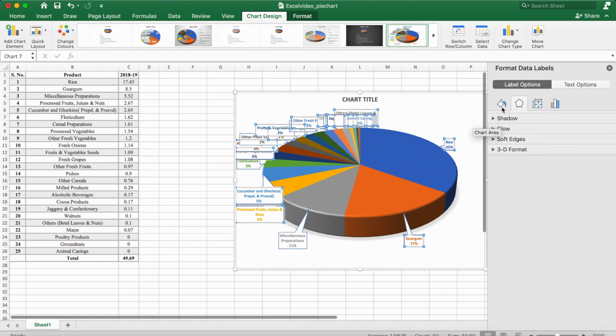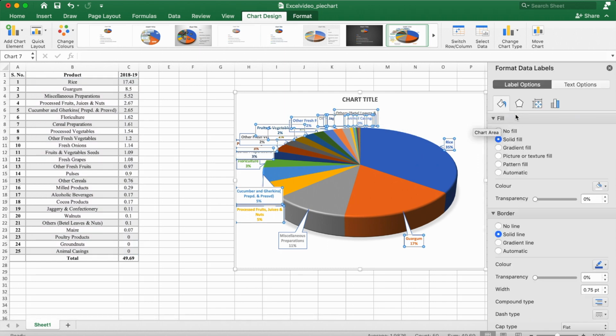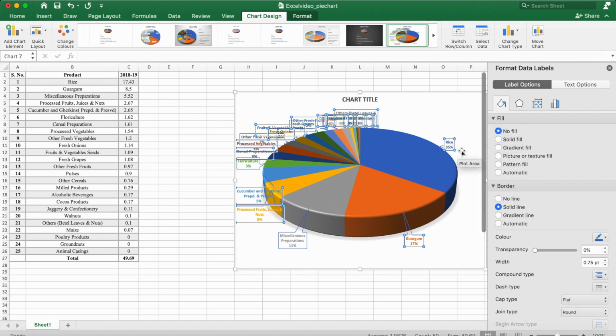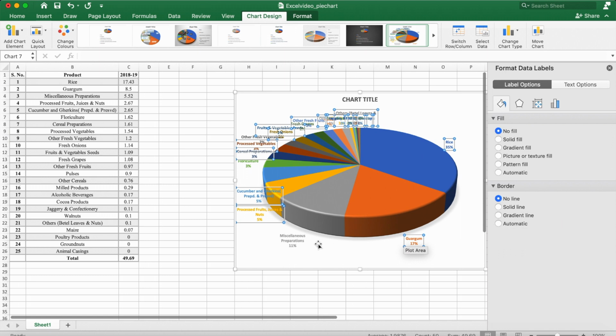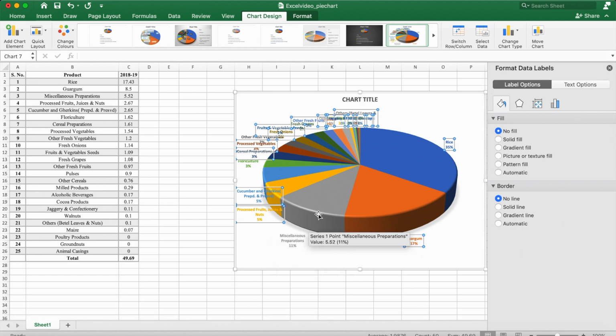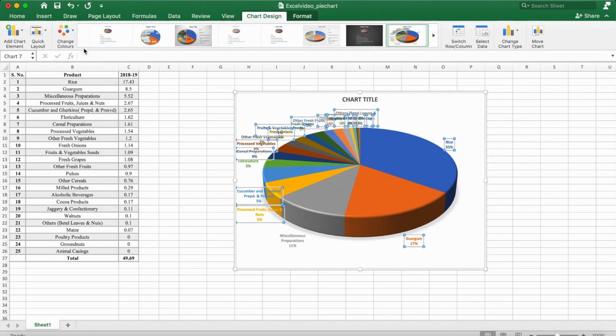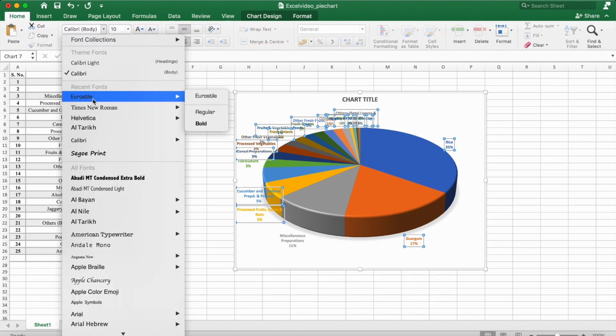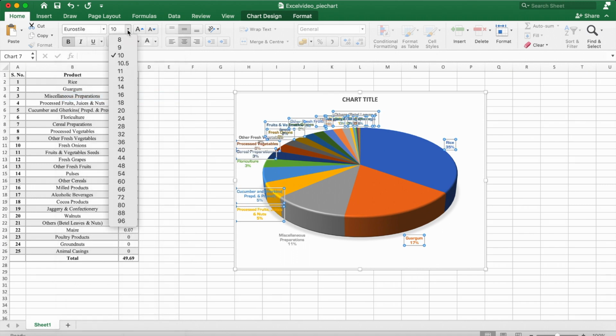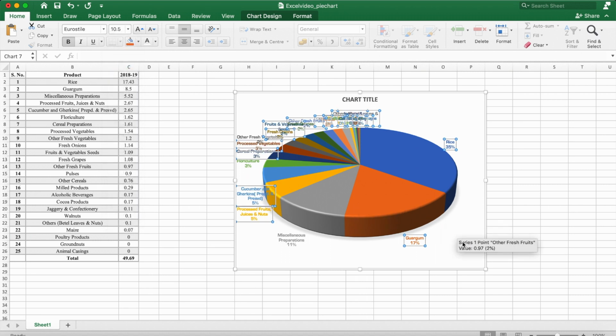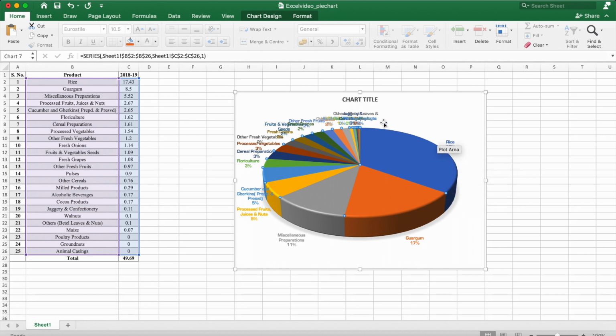Now select one of them, so that over here you can see in the Fill section you have to select No Fill. Once you select that, there will be no white color, and then in the Border you have to select No Line, so that there is no callout box. Then press close, and click one of them so that it selects all the other product categories. Then just change the font size and the font. I'll select Euro style, and then I'll change the size to at least 10.5. As you can see, this section is the biggest section.